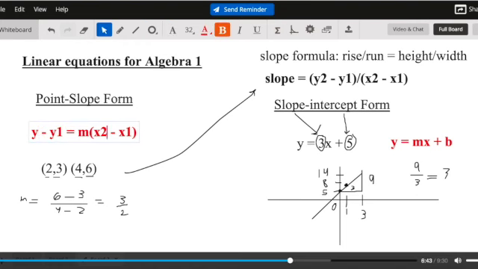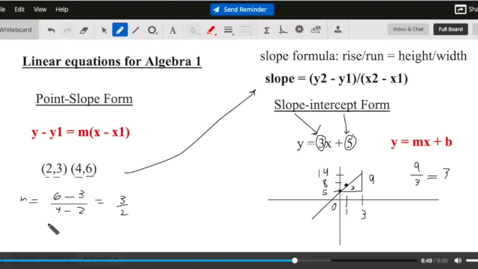So y1, x1 is this one, this is your point 1. You only need one point to plug in, because the other was used to calculate the slope. So you're going to say y minus 3 equals 3/2